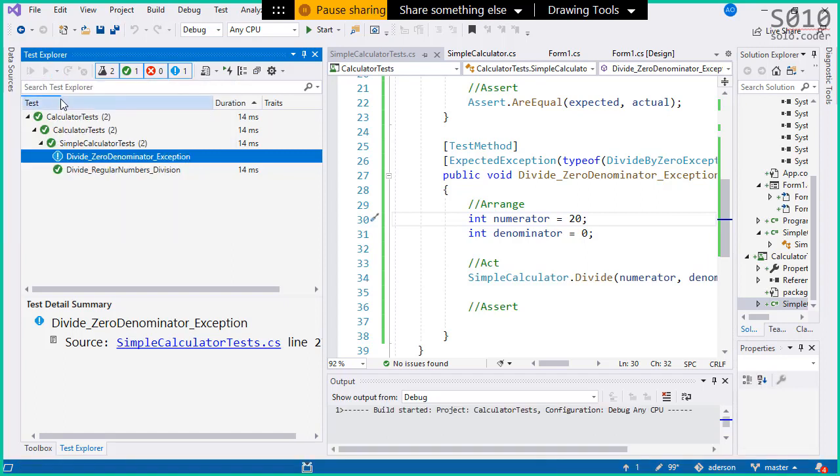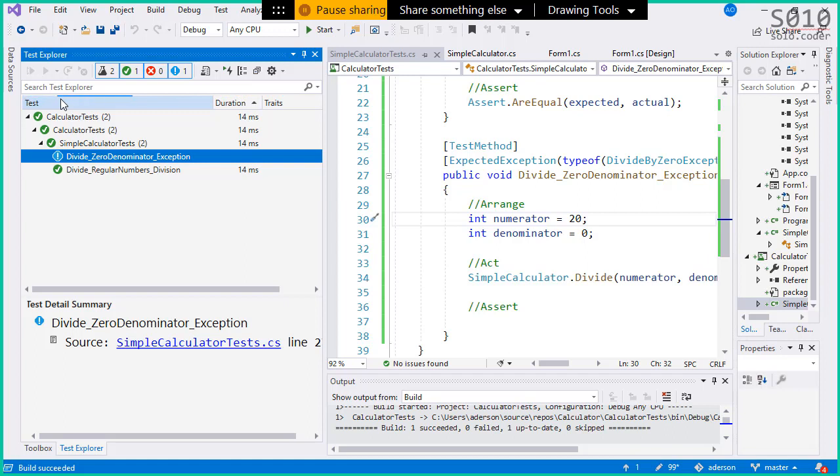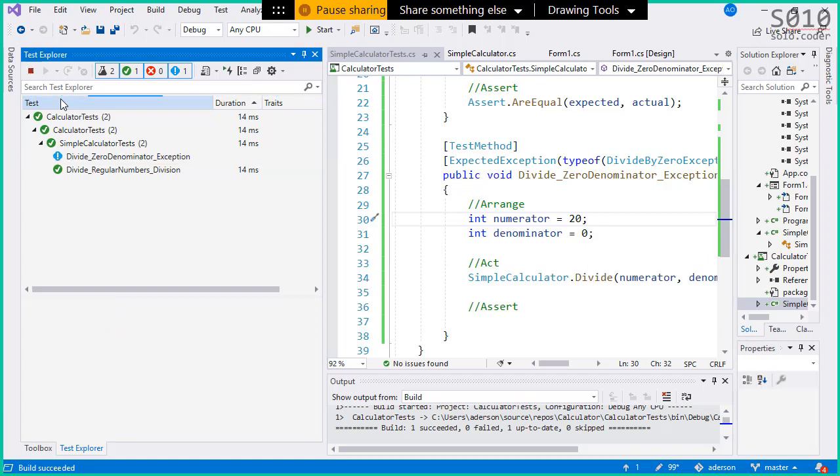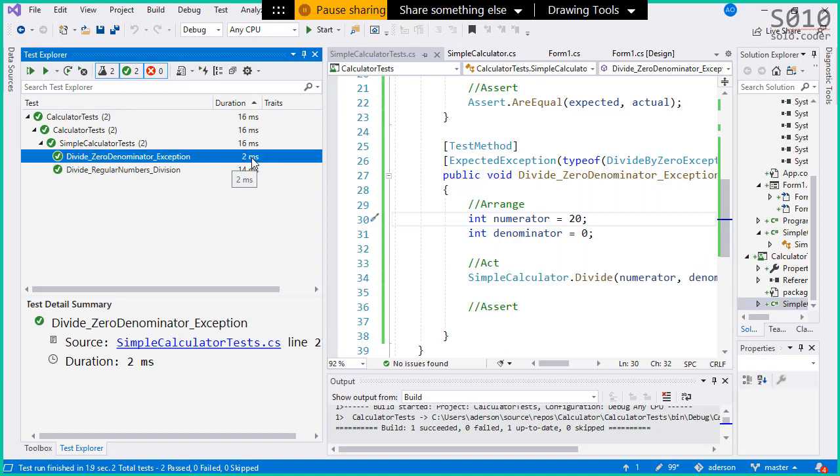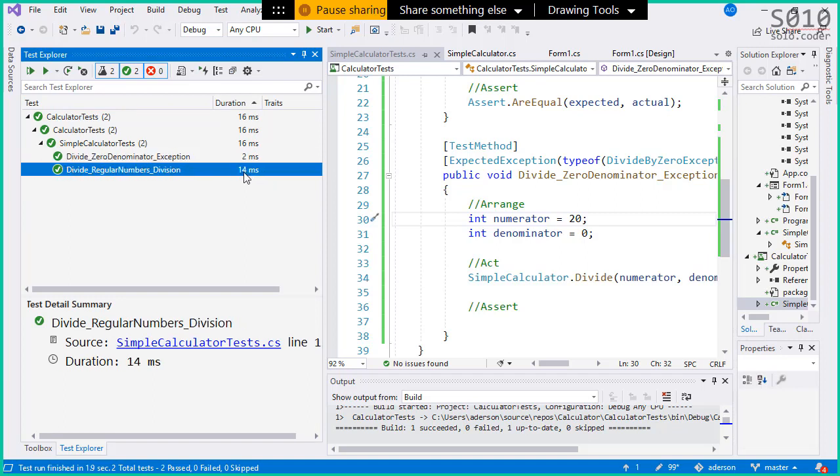Run all tests, let's say. Okay, look at this. All green check boxes, showing that it took 2 milliseconds and 14 milliseconds